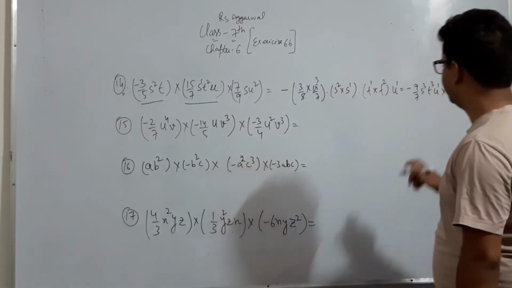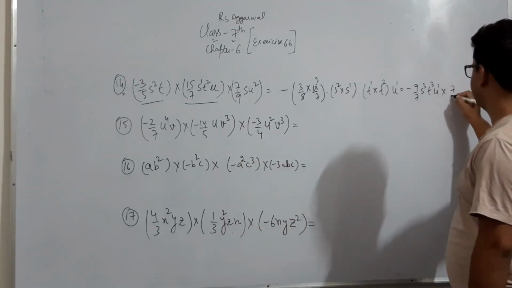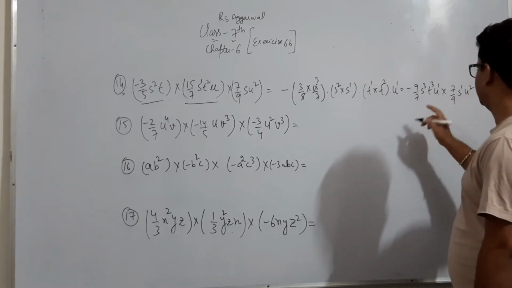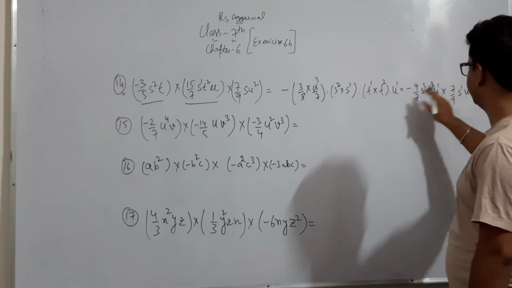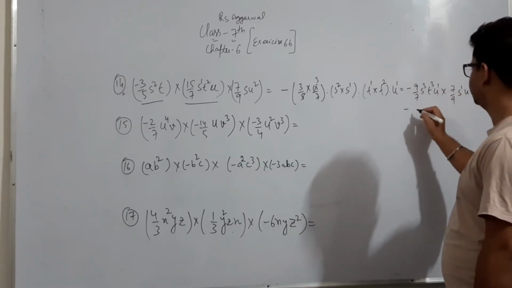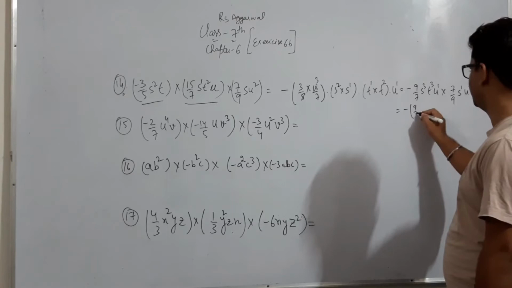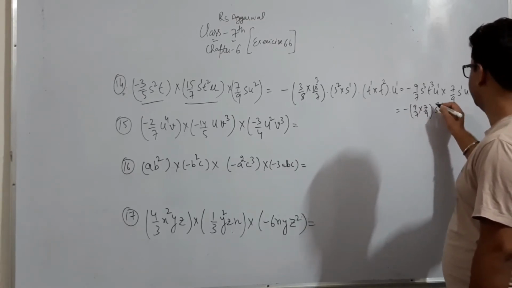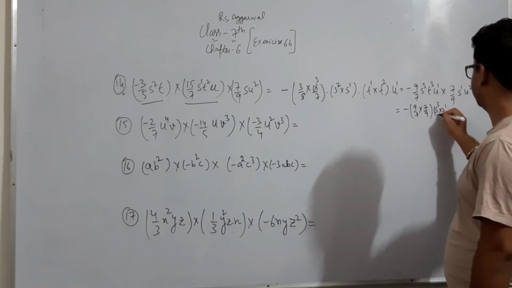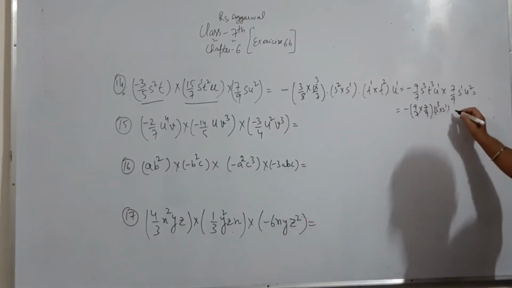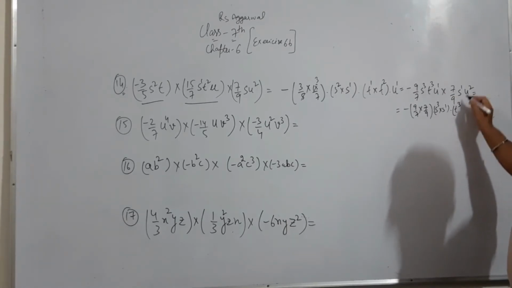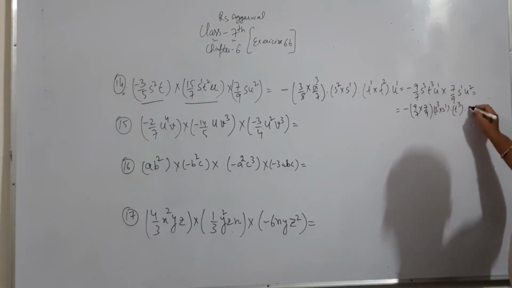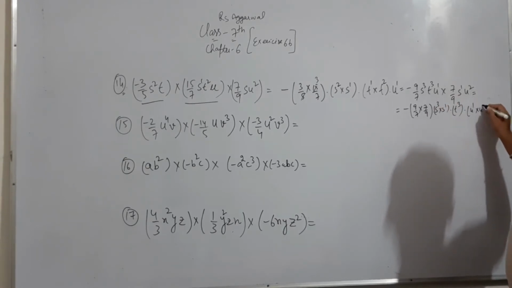Now we take the third term, 7 by 9 s raised to power 1 and u raised to power 2. So we multiply both, here plus minus minus sign, so we take minus, next 9 by 7 constant multiply with 7 by 9 and s raised to power 3, here s raised to power 1. This is right in bracket. Next variable is t, so we take t raised to power 3, and here there is no t, so t is single here. Here u raised to power 1, here u raised to power 2.